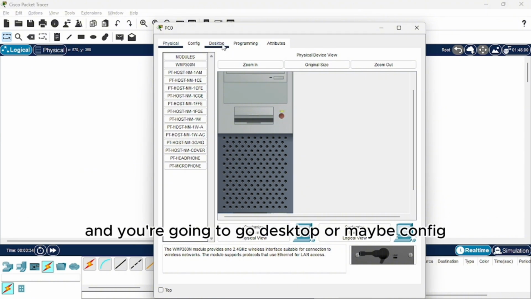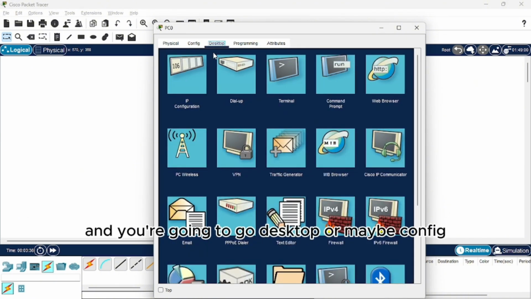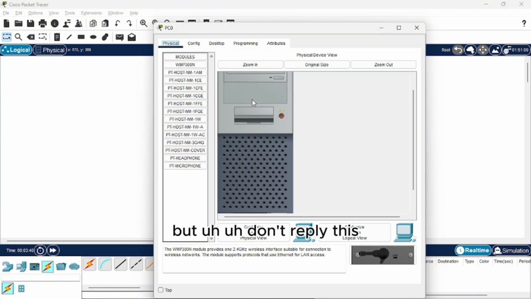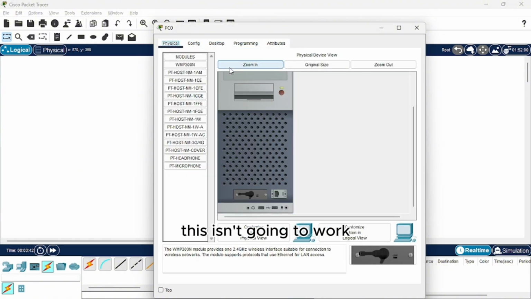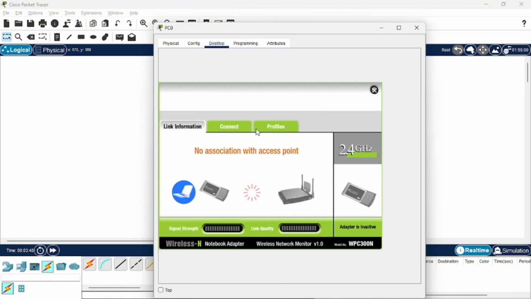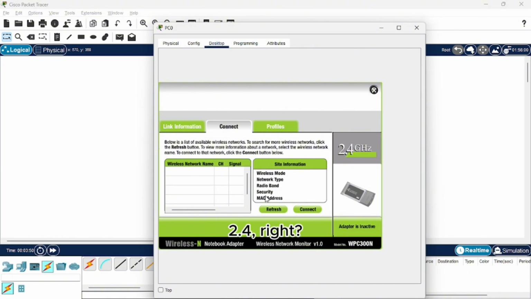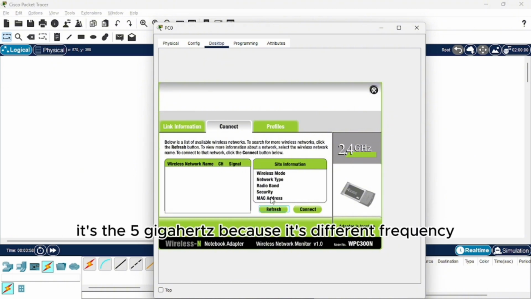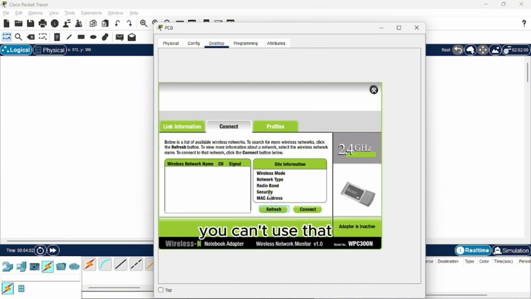Then go to desktop or maybe config. Put it on, and it won't work because it's a different frequency. As you can see here, 2.4, right? You will never find the Wi-Fi you're looking for. It's 5 GHz, because it's a different frequency. You can't use that.